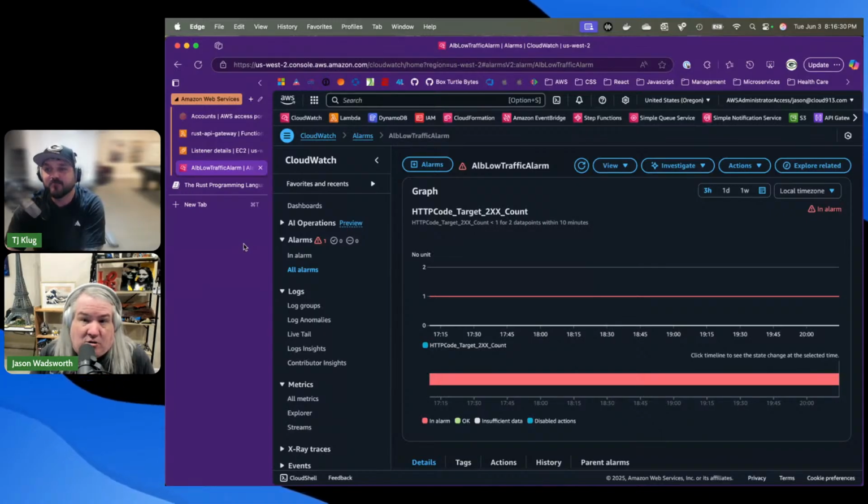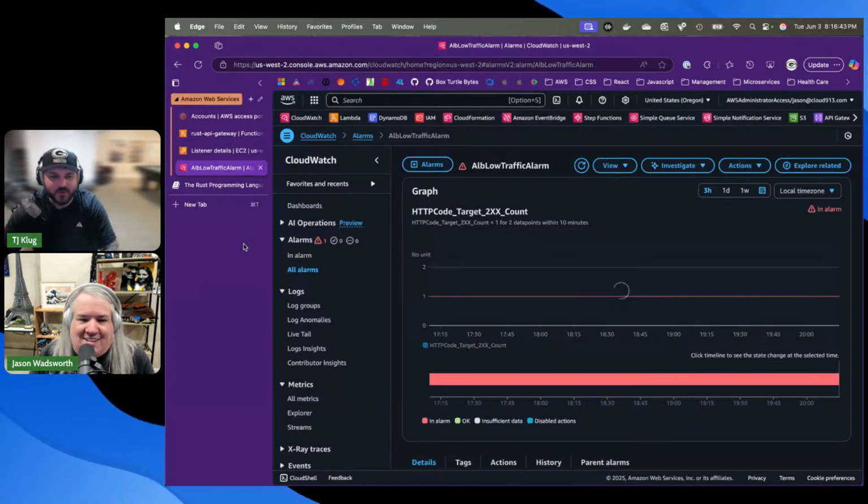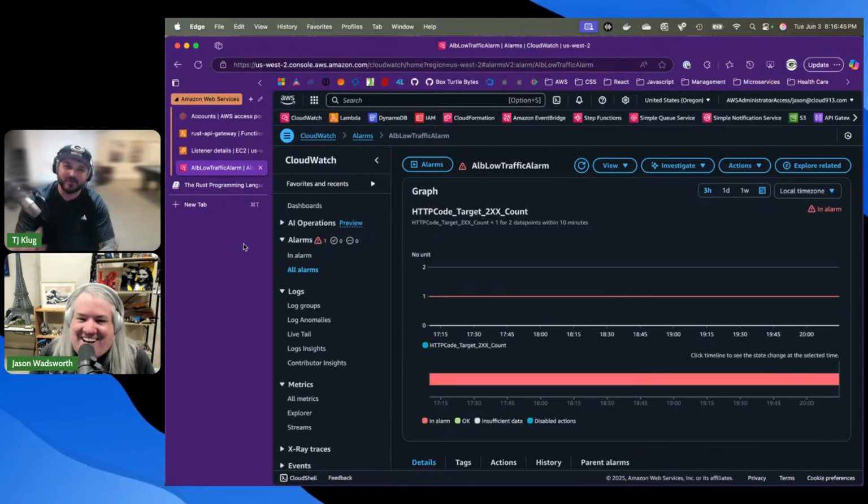Right. And unless you only want a single container running, which you could do and just have that one floating out there, you've got to have an ALB in front of it, or they've got their service meshy kind of thing. I'm not sure if that's even still supported. Yeah, it's been a while since I worked with Fargate. Yeah. So I don't remember all the network stuff. I had to really think through all this.